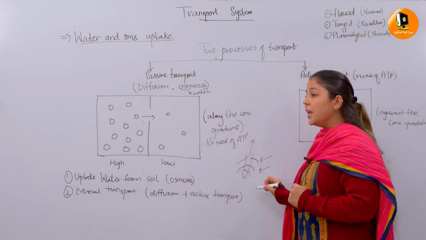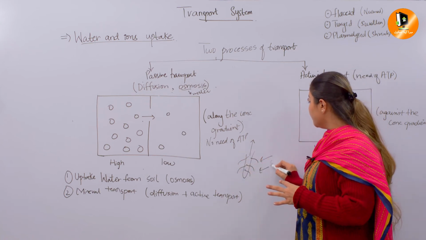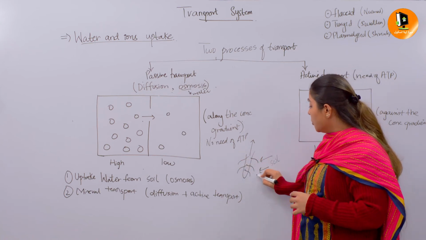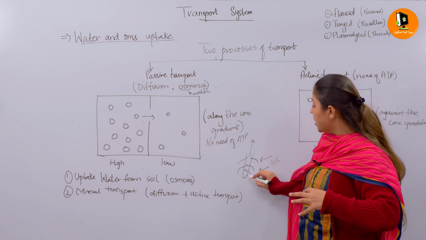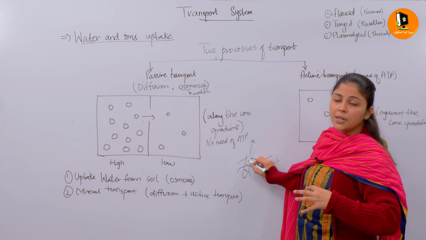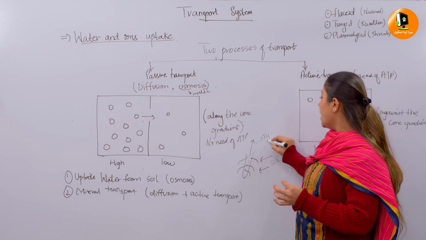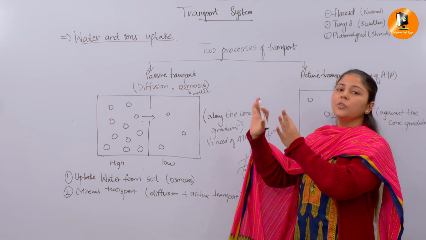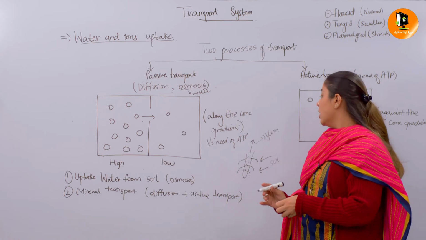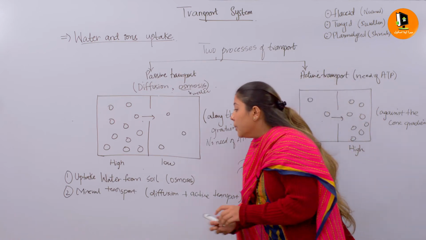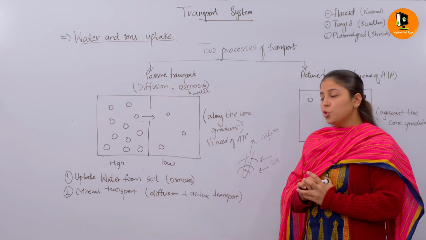So the xylem is responsible for transporting the water and mineral molecules from the soil. The root hairs absorb this water and minerals from the soil and give them to the root cells, then the root cells give them to the xylem vessels, and then the xylem will give them to the rest of the plant, to the leaves, to the flowers, to the stem. Now when we are talking about mineral transport, here a concept comes in: diffusion.